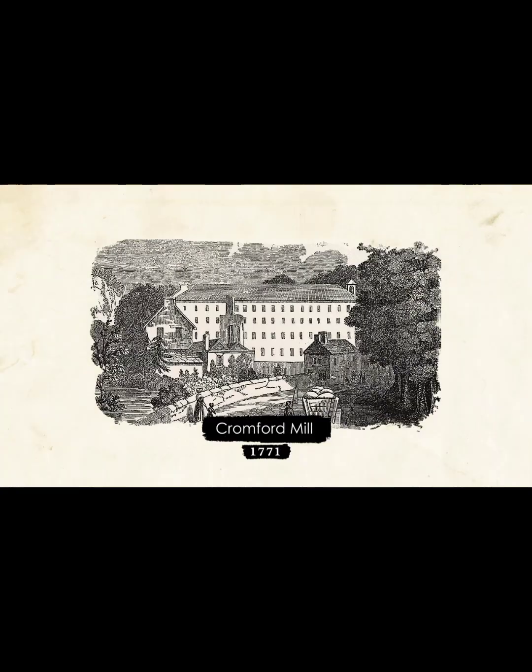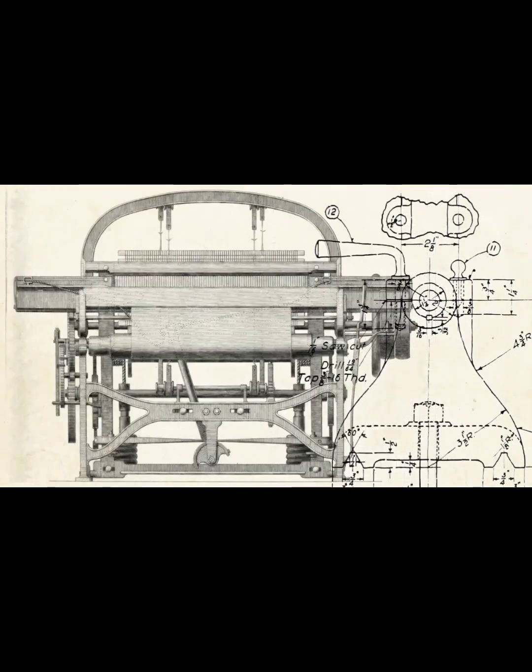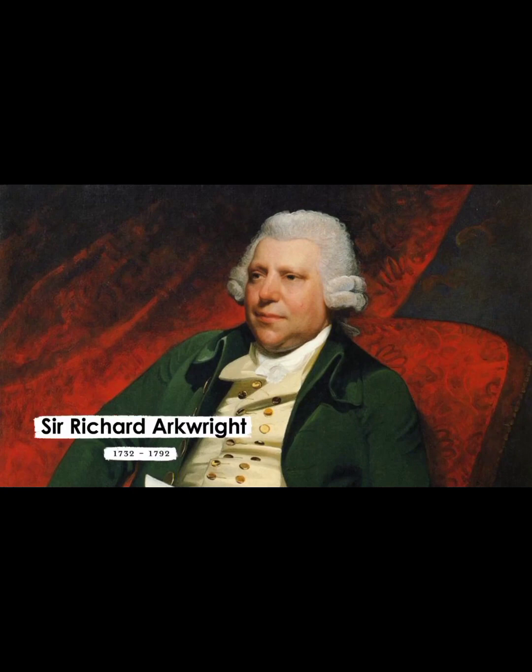In 1771, a 5-storey building was built in Cromford, Derbyshire. Curious passers-by marvelled at its scale, the constant clatter of machinery, and if they were passing at 6 a.m. or 6 p.m., the 200 men, women and children filing in and out for their shift. This was Richard Arkwright's mill, the world's first successful water-powered cotton spinning mill and one of the world's first modern